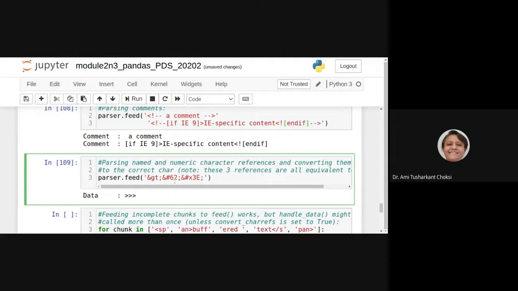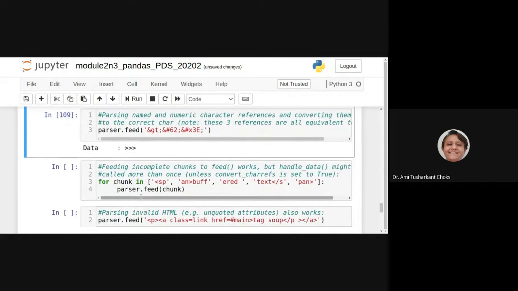This and hash 62, that is also for the greater than symbol. This is the name GT. This is the integer value, and this is the hexadecimal. So for all of these, the data is greater than, right?